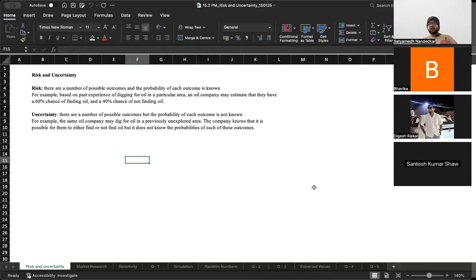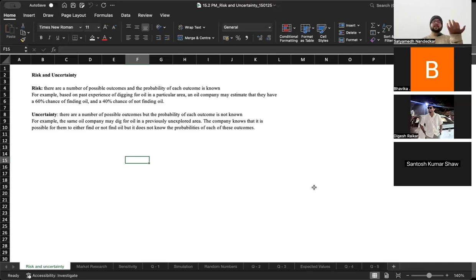The next topic that we are going to touch upon is risk and uncertainty. Now, risk and uncertainty is not a topic only in performance management. You will run across this topic when we do financial management, when you do AFM, when you do APM, when you do SBL. All of these subjects do have an element of risk and uncertainty. And in the real world, when we have conversations with other people, we use the word risk and uncertainty